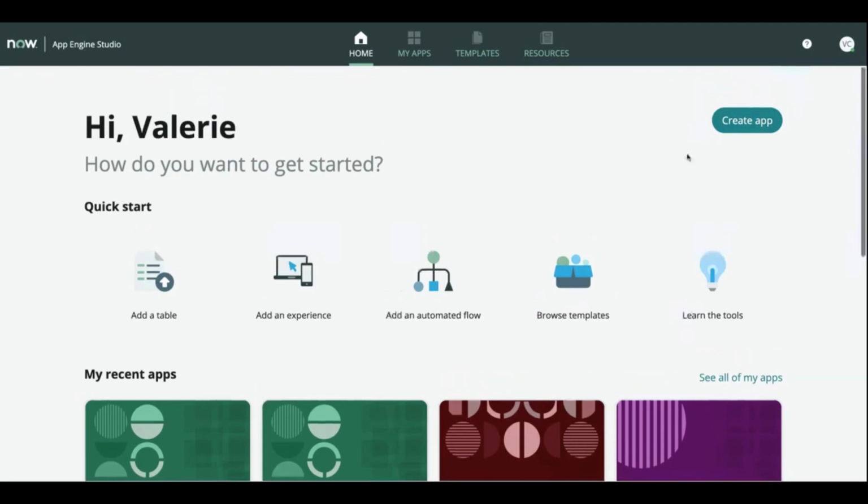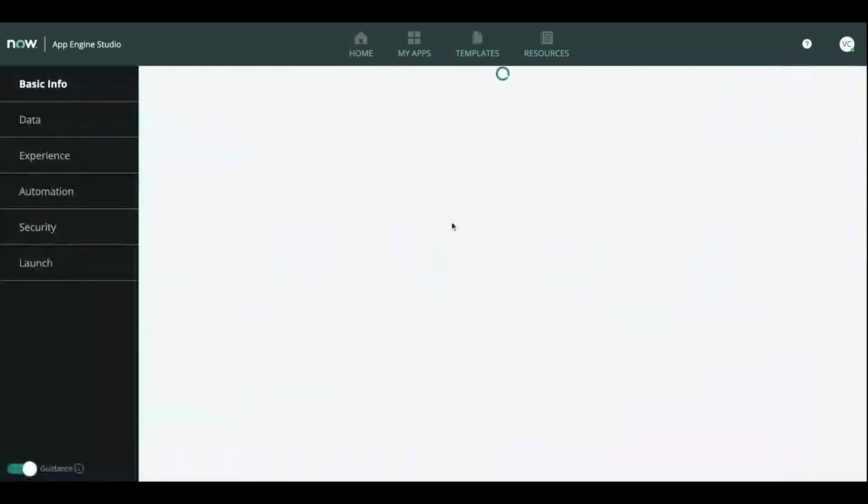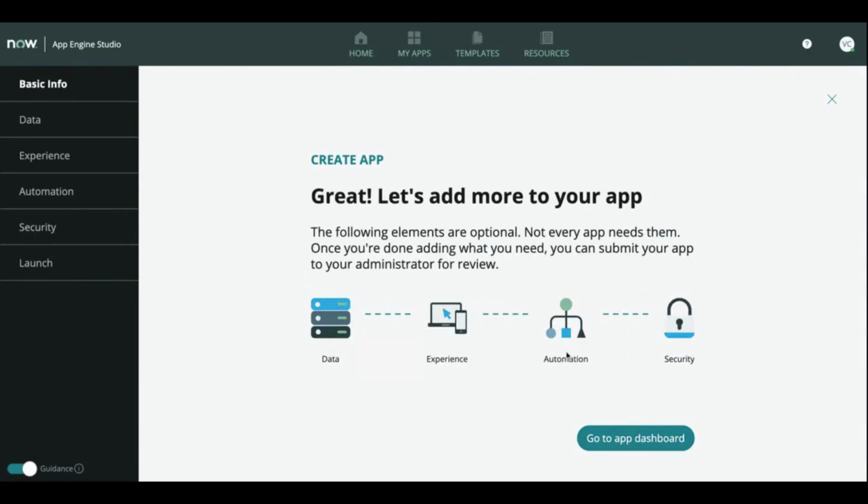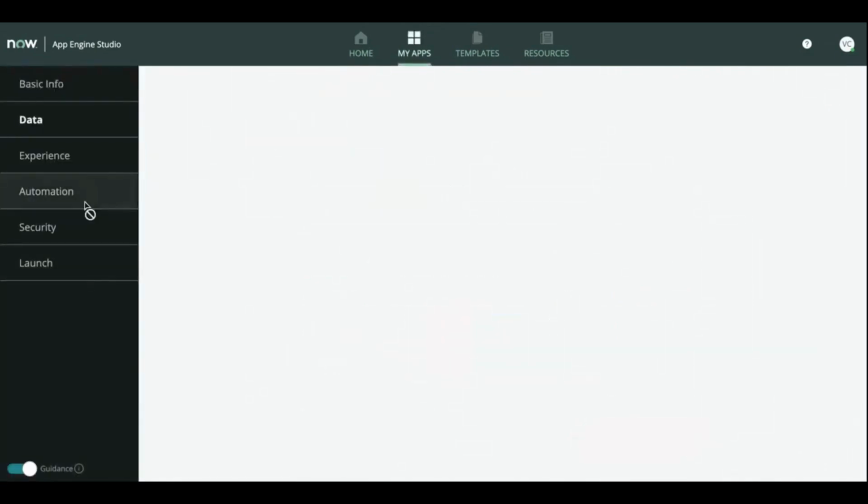All right, so I'm going to go ahead and create an application, and today I'm going to create a travel request application. And I'm coming over and I'm going to drag and drop a spreadsheet that I have already. Oops, not ready. All right, so right away what you all will see here is that there is this